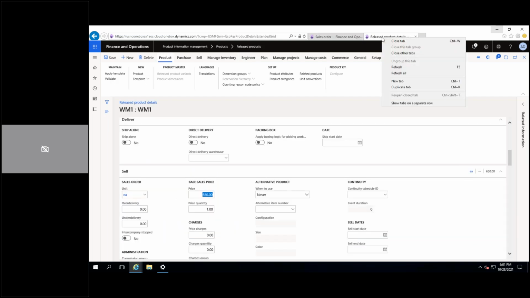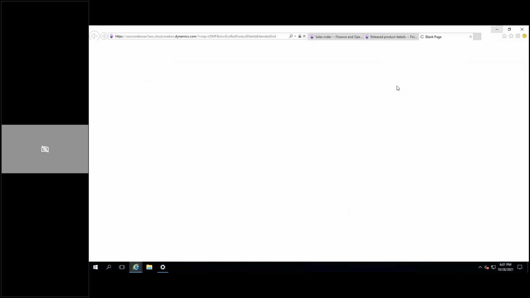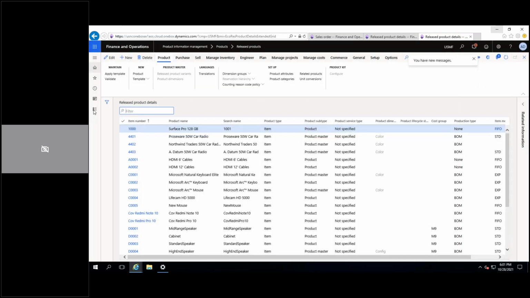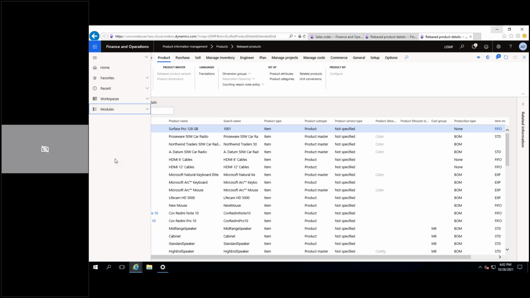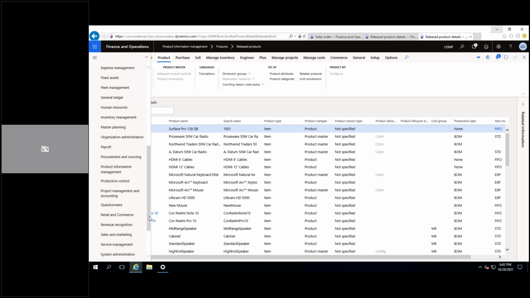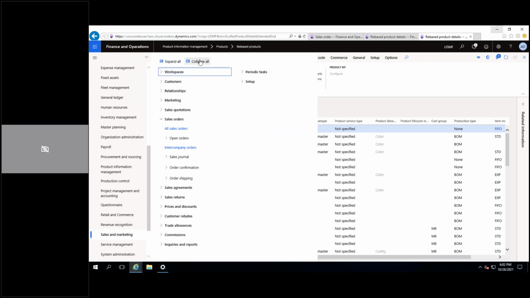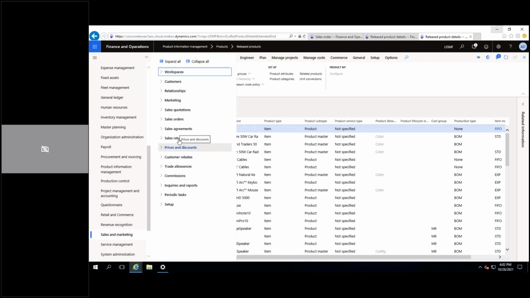Now let me take a duplicate. I'm not selling at the rate of MRP because if it is a new company, I need to attract and offer the customers something so that customers get used to coming to my organization. So what I will do here: sales and marketing, collapse all, price and discounts,